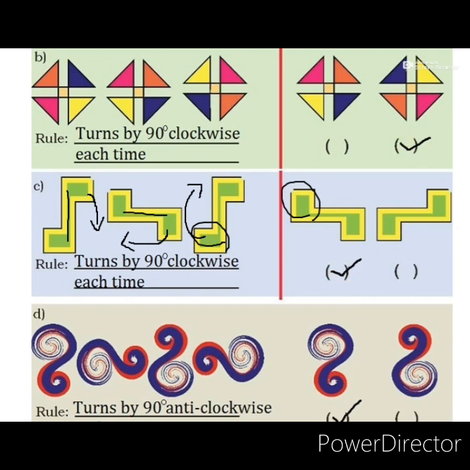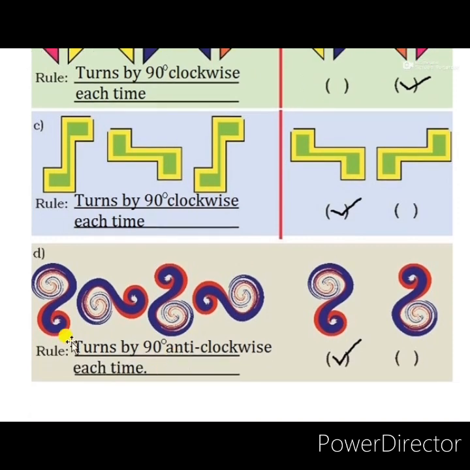Now we will move to question 4D. Here we have been given an S-shape pattern. See which rule is followed here and which will be the suitable turn for the next pattern of this figure. See, in the first one, the biggest part or the lined part is showing on the top portion, but in the second figure, it is showing on the left side. Here we know that this pattern is moving in the anti-clockwise direction, downwards going, not in the clockwise direction.